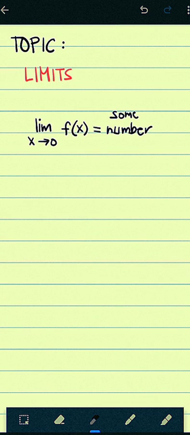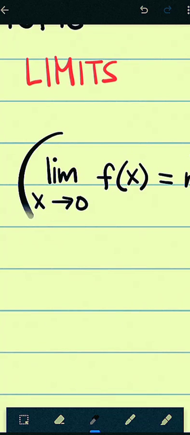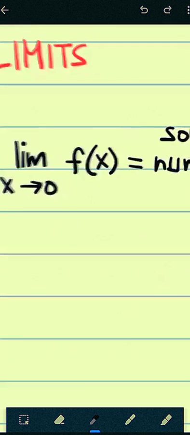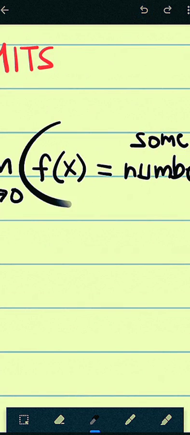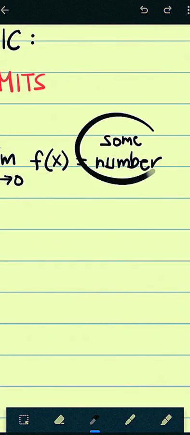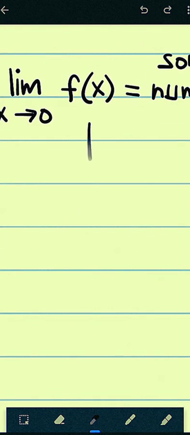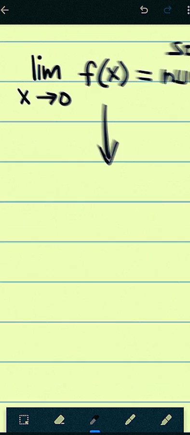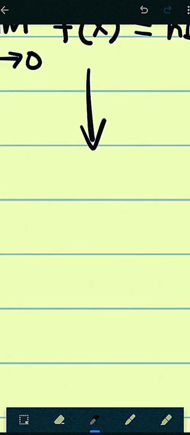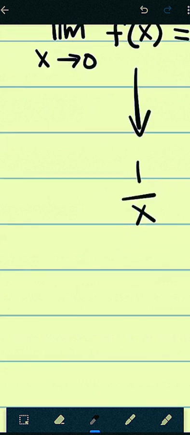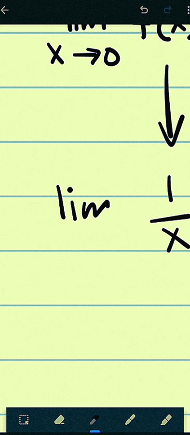So commonly, you can see limits in this form. This notation, limit as x approaches 0 of a function is equal to some number. And this simply means that if you have a function, any function with respect to a variable, let's say 1 over x for simplicity, just for example,